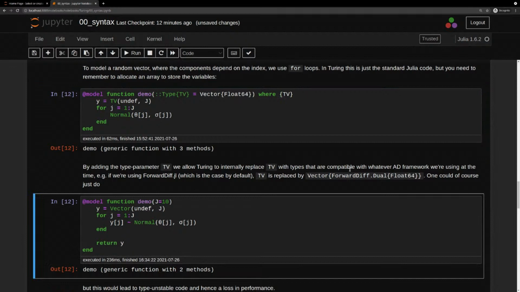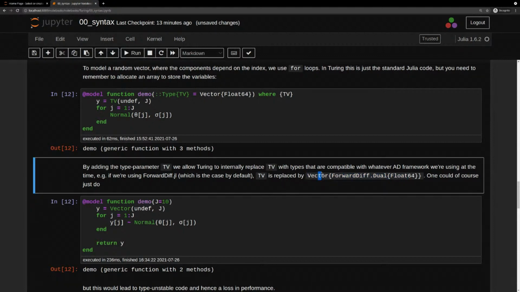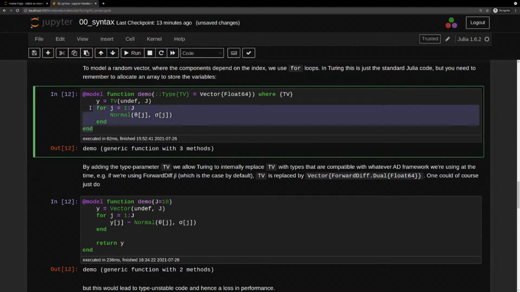And this is particularly useful when you're working with AD packages in Julia, which can be using different types rather than the standard Float64, for example. In this particular case, if you're running ForwardDiff, you will actually see a vector with ForwardDiff Dual rather than the standard Float64. And then it's important that you can make these changes. So this is a performance